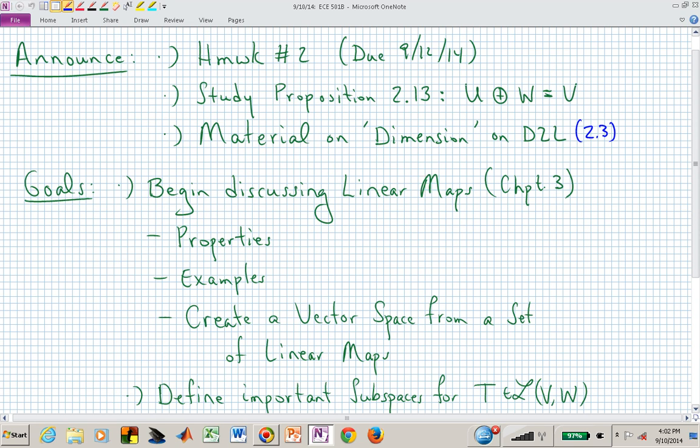Today what I want to do is get into chapter 3, which is now moving beyond this foundation. We started with fields, and then we started talking about vector spaces. Then we started putting some structure on those spaces with vectors and basis, dimension. Now we're going to get into some interesting material. We're going to talk about mapping, mapping a space from one space into another. And we'll do it with